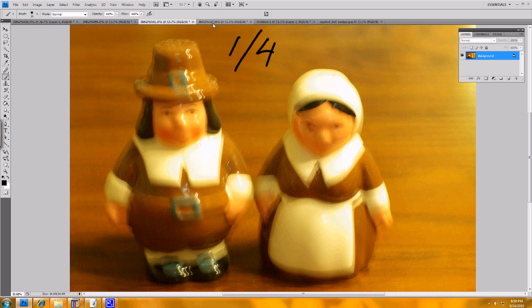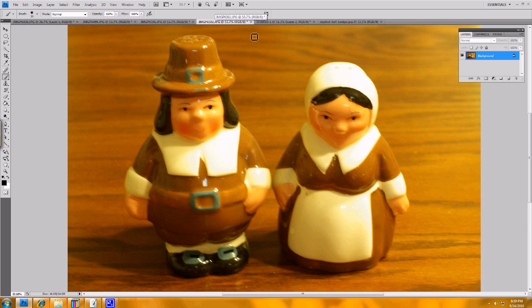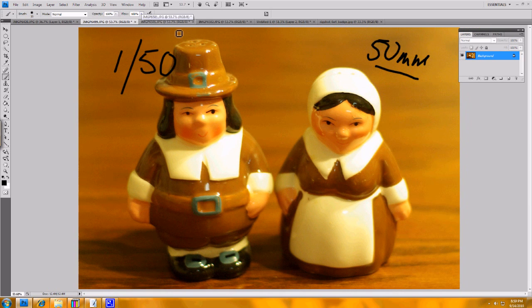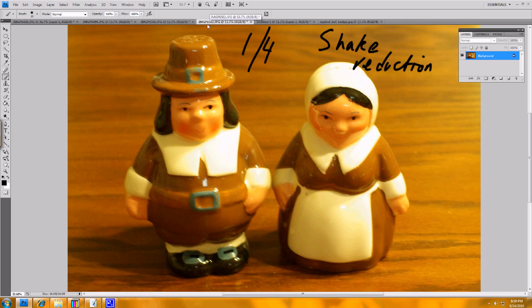Now I have another example here of using that same 1/4 of a second, but with image stabilization or shake reduction, as an example of what shake reduction can do. But I'm gonna put some warnings on this in a minute. It's not as sharp as the correct image at the nice fast shutter speed. So shake reduction or image stabilization is not necessarily going to save all your photos. Plus I was trying a bit harder to make things stable